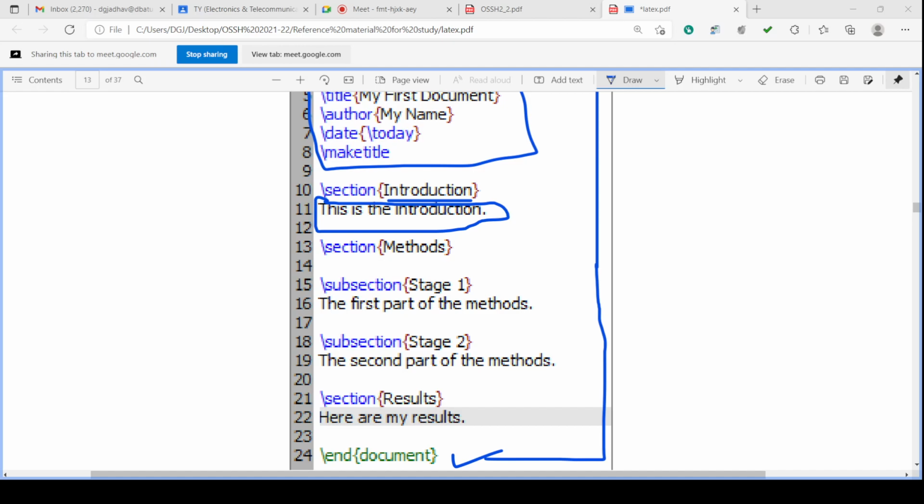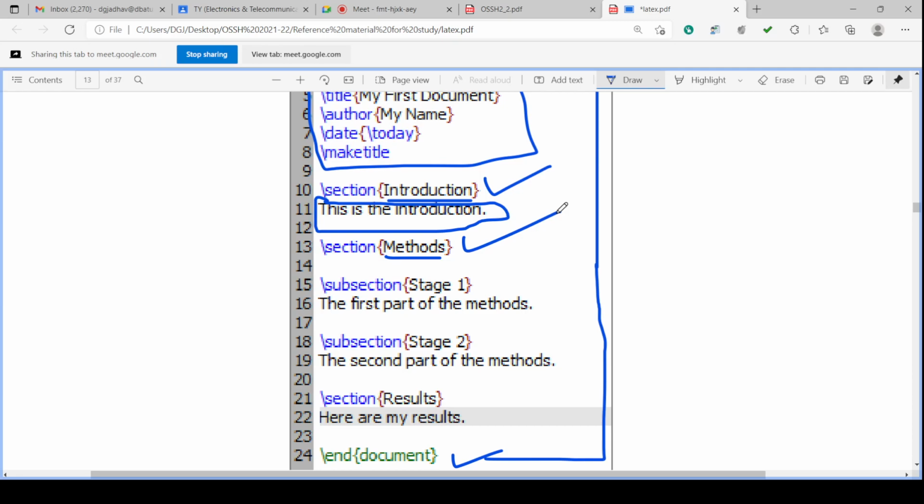Similar to this first section, there may be multiple sections. There may be a number of sections. You may have 2-3 sections, 4-5 sections, 5-10 sections, whatever, depending on your requirement. Whatever the requirement of that document is, depending on that requirement, you can have that many sections. Okay, so section is there, backslash section introduction, backslash section methods. Okay, introduction is there, methods is there. So one section has the name introduction, the second section will have methods.